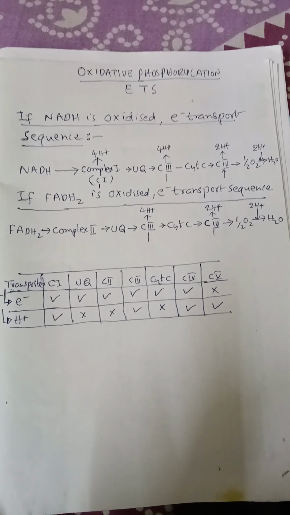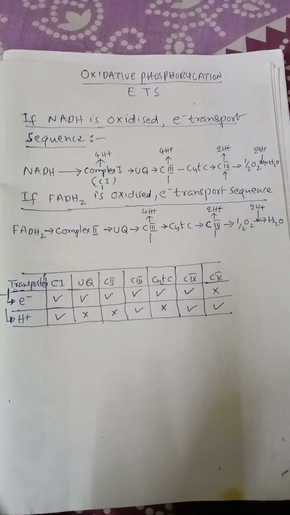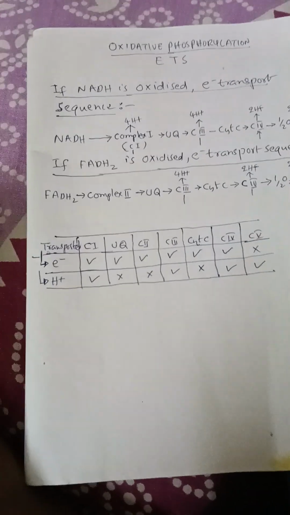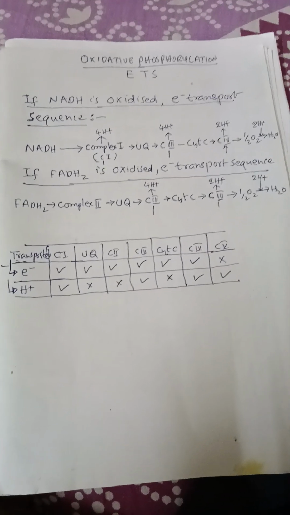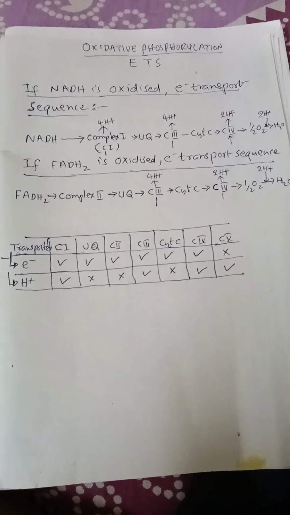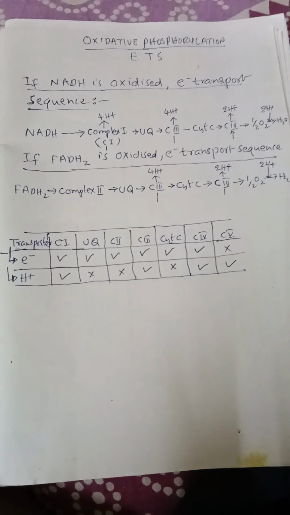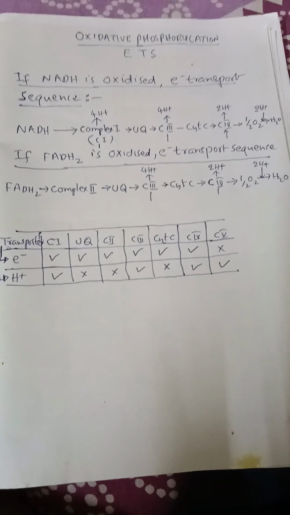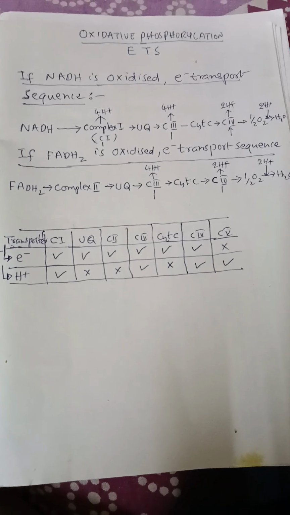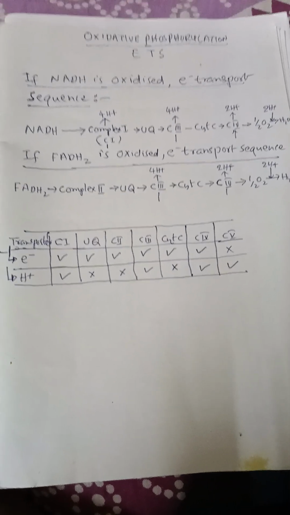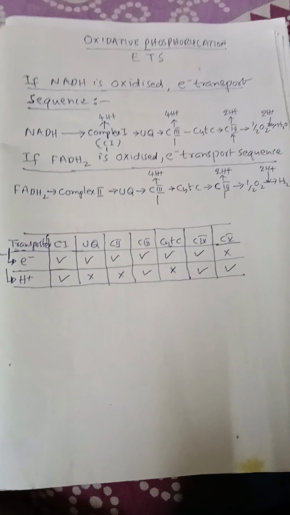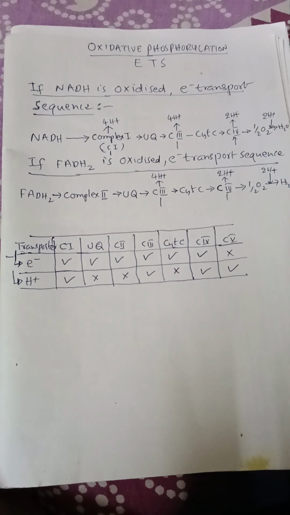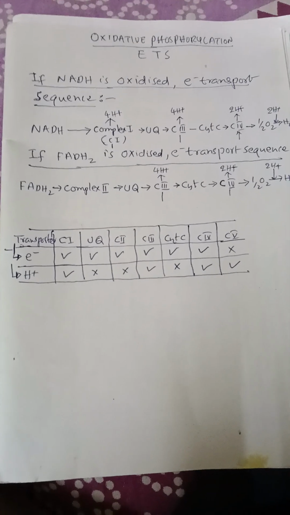Why? Complex Y is ATP synthase. When protons move from the matrix to the intermembrane space, because of the proton concentration gradient, the protons move again from the intermembrane space to the matrix with the help of complex Y. As a result, ATPs are formed. Here, during this oxidative phosphorylation, which are electron transporters and which are proton transporters, by seeing